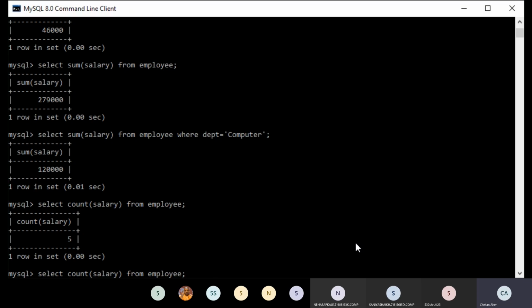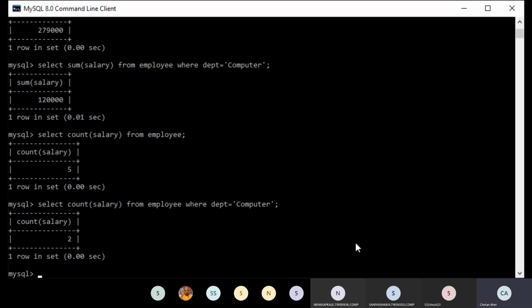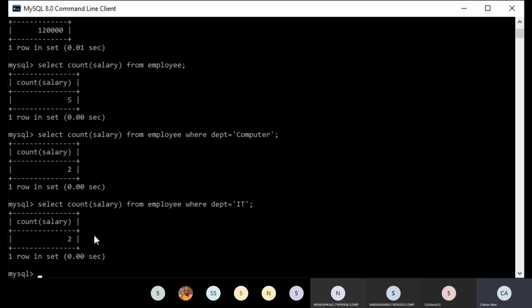And what if you give a where clause there again? It will give you 2 records. You can check it for IT also. You can try different combinations. I hope you understood how the aggregate function works.